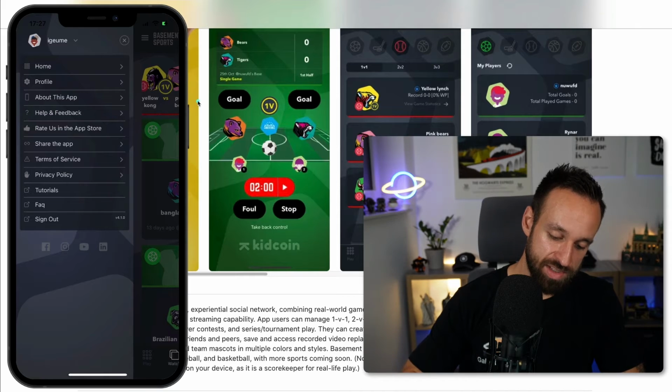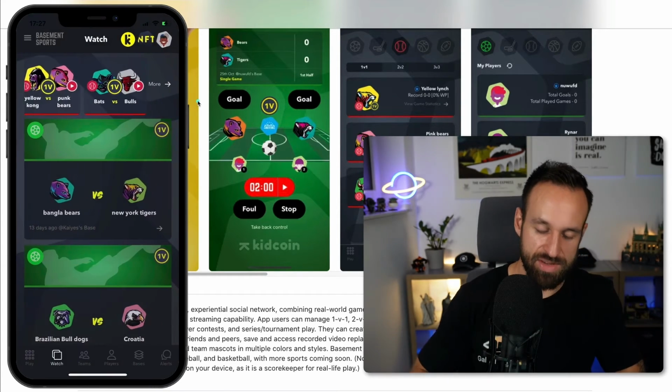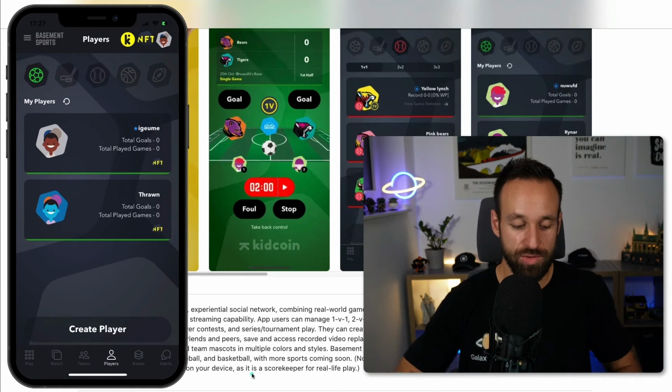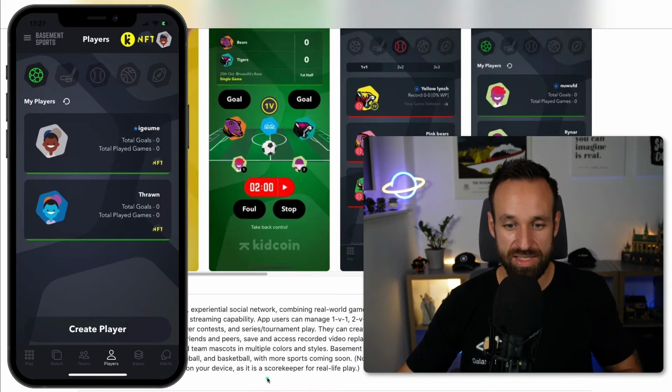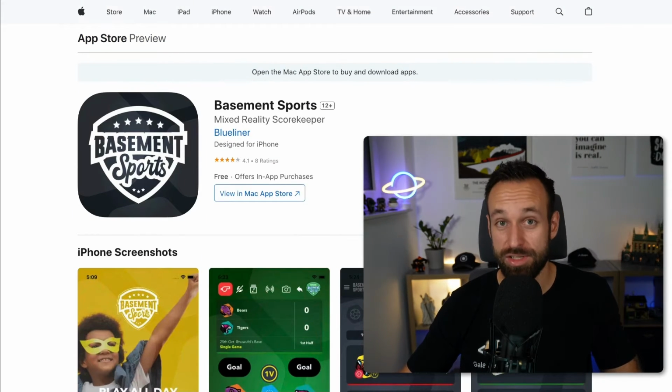Also, I assume, is there any kind of drop down if I click up here? Nah, not really. So this side menu does definitely not feel great in the application. Besides that, it's a cool thing. So if you're into this kind of basement sports, I recommend you check out Basement Sports, also available on the